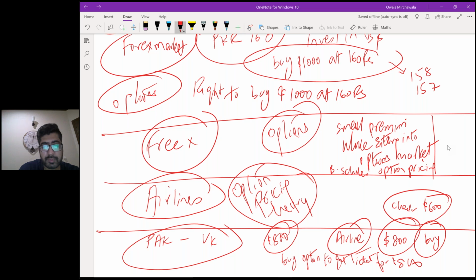Back off. Will the airline give this protection for free? No. You could check the website. The airline charges a small premium from you, $20, $30, for entering into the option, because it is protecting you. That if the prices go down, you can back off and buy at a cheaper price. And as prices go up, you still will be able to get it for 800.